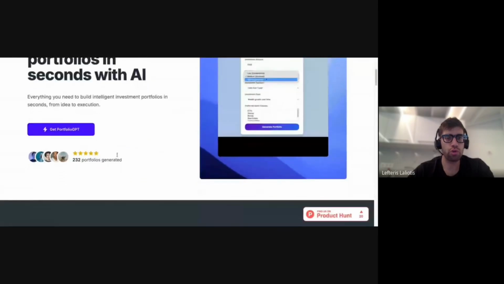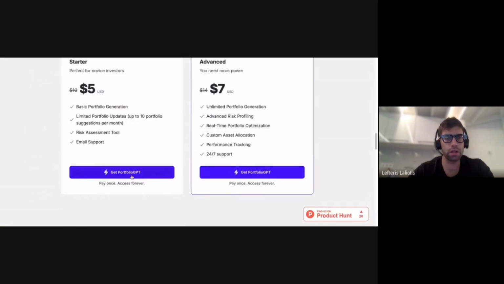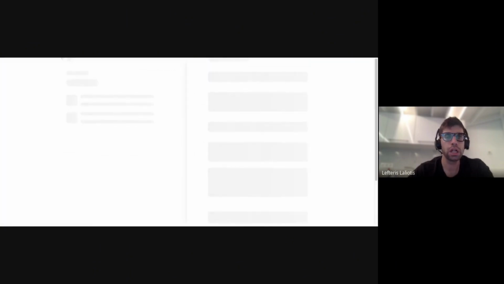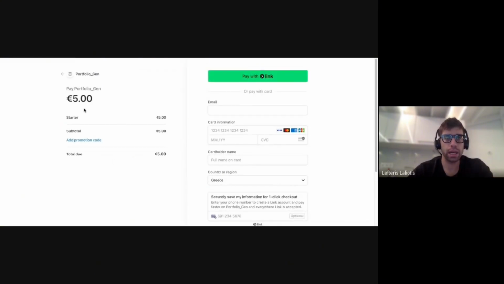I discovered that this template actually handles all the landing page that you see when you go on my website, for example, PortfolioGPT.xyz. It's from this template. But this is only the landing page; the payments are handled elsewhere. If I scroll down, these buttons here, let me remember. Maybe it won't work now. Okay, it works. You see, when I click this button, it automatically sends you to the checkout page.